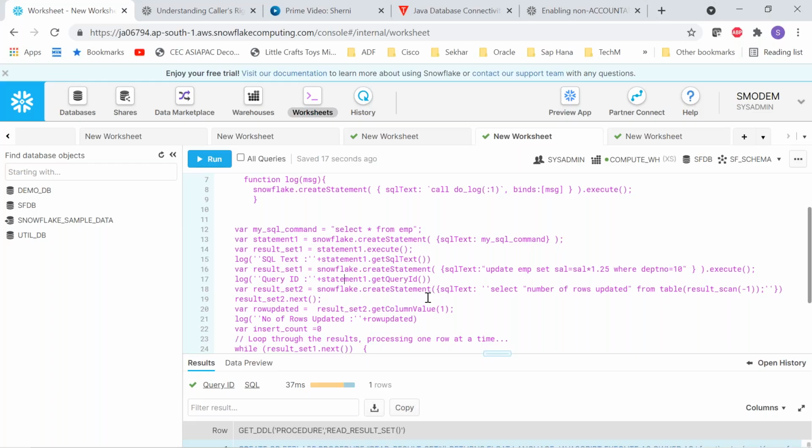And you want to store that in a log table. Normally, whenever you write a procedure, there is a logging mechanism: how many results there are, how many records you have updated, how many records you have inserted. You keep inserting into a log table to understand what happened whenever this procedure runs, to debug or to know what is happening in the procedure. You keep this logging mechanism. For that, you have to say select number of rows updated from the table scan. So whenever you update this particular thing, right,